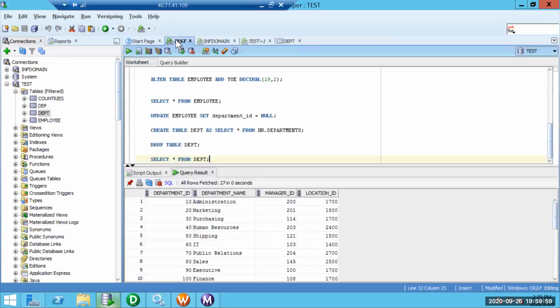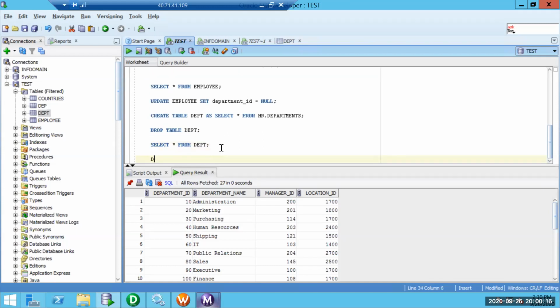Ideally, when we load the data into the employee table, we should get 2 records in the target. Before that, let me delete the data also. Delete employee.